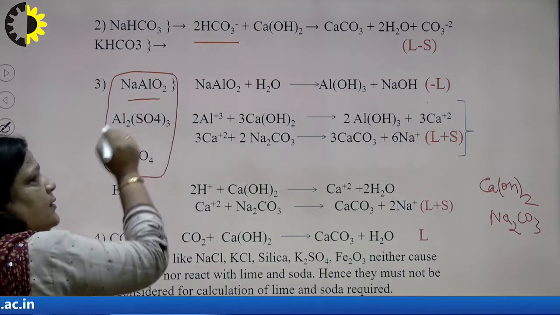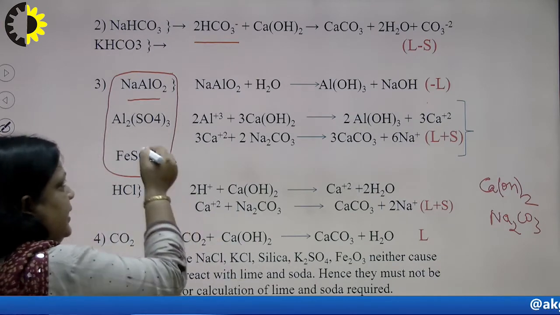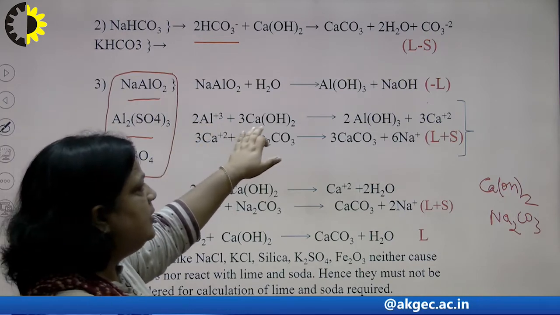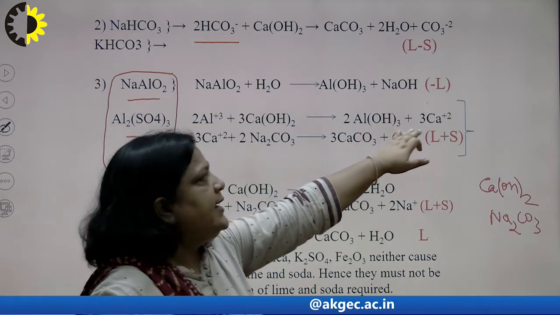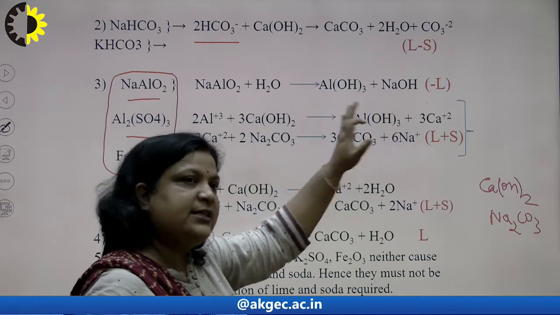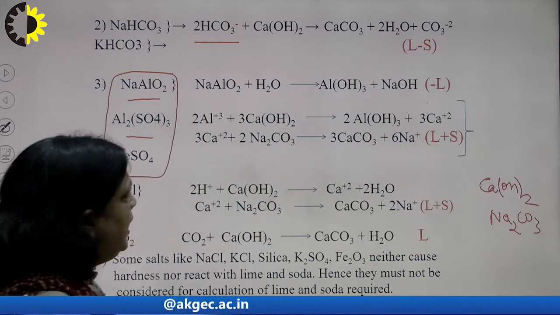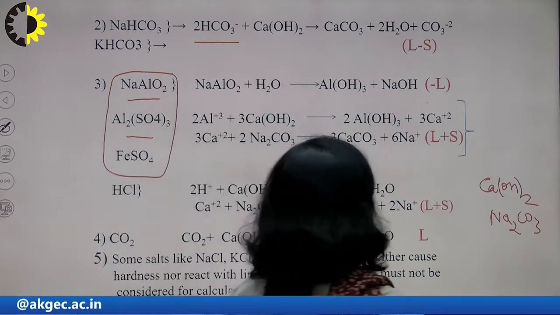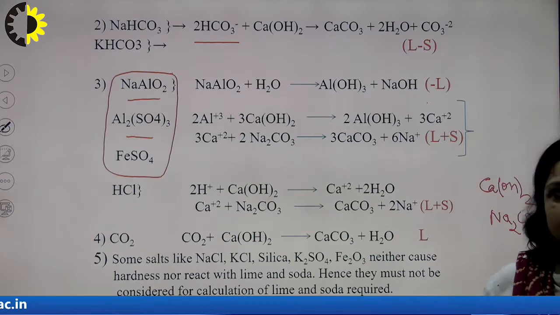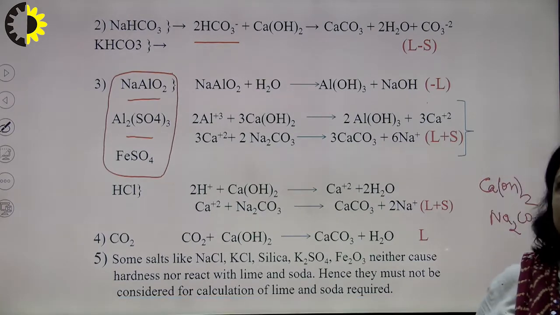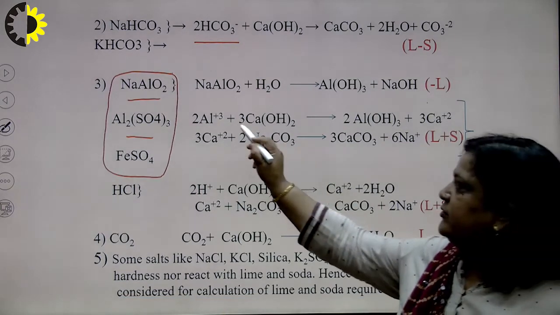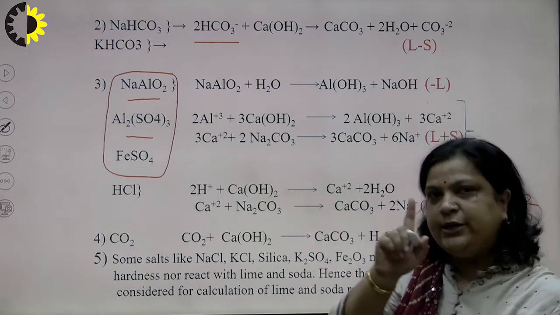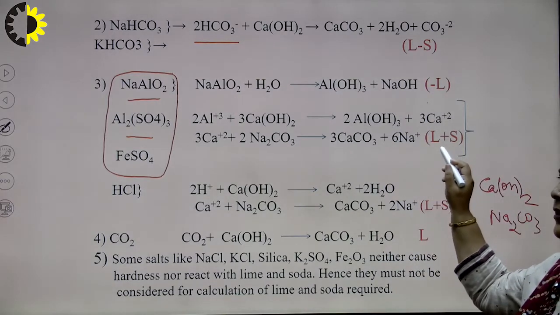Except this sodium aluminate, for all coagulants, let us say aluminum sulfate. So, this aluminum sulfate combines with lime and forms Al(OH)3, calcium is there, and to remove this calcium we have to add soda. In the complete reaction, if we have any doubt about how much quantity of lime or soda is required, please check stoichiometry. Stoichiometric means check all the ions. In case of this aluminum plus 6, here calcium plus 2, 3 is there, plus 6. So, ratio is 1. So, you have to write only L.